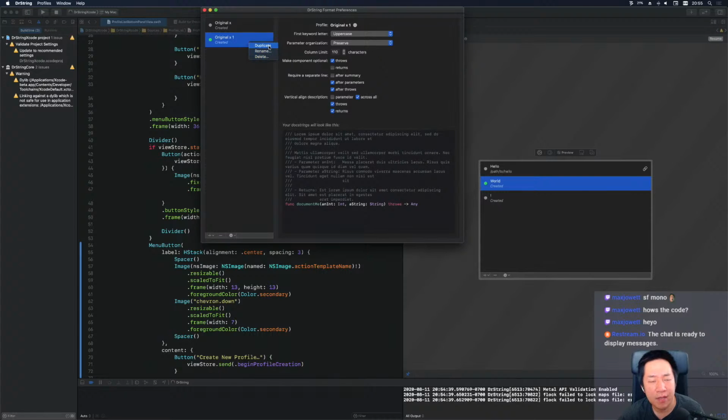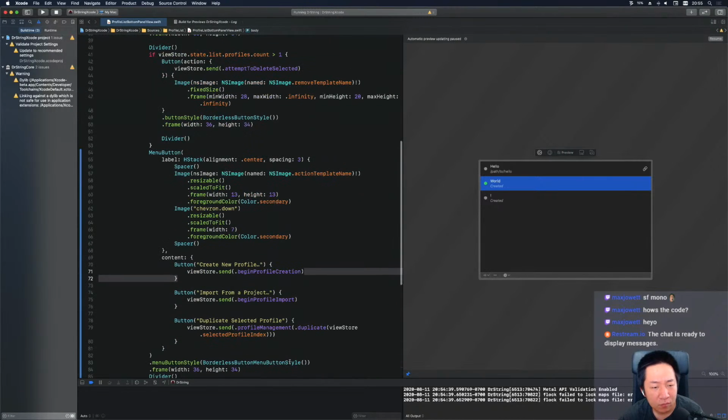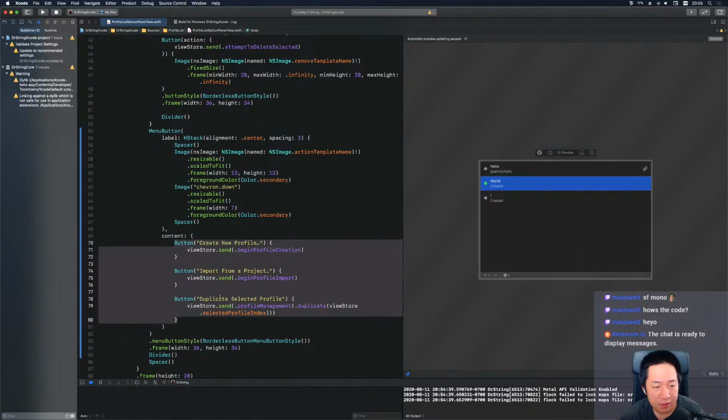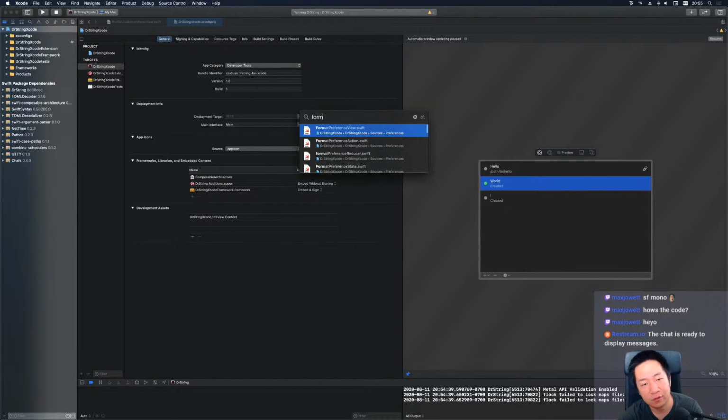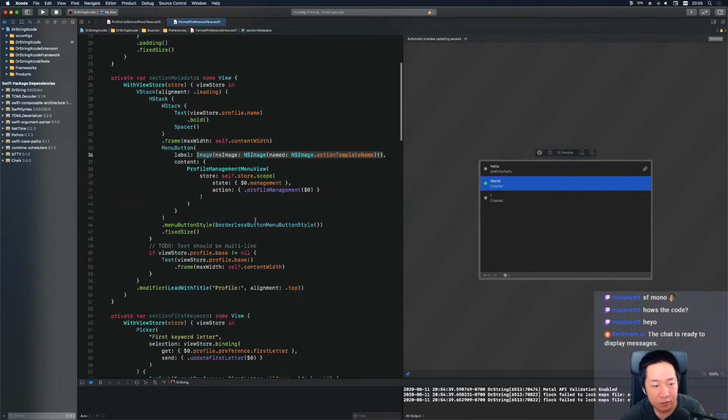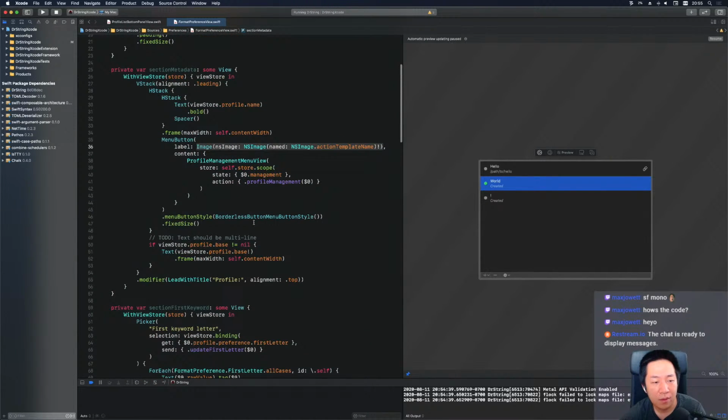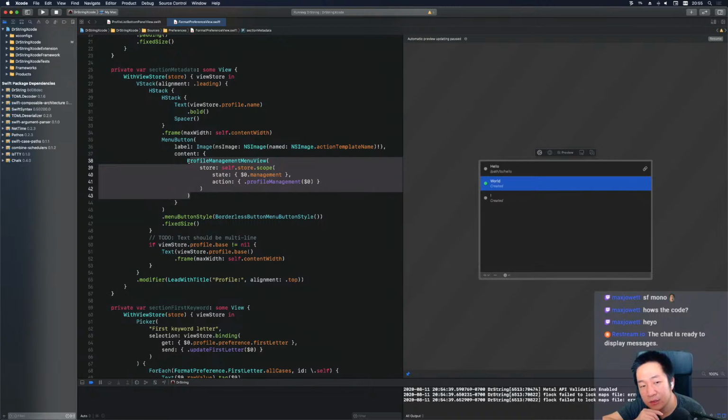Now I basically show this menu from here. So if, for some reason, you have just one mouse button, you can still trigger it. Okay. All right. So that means I need to change the content here. Format profile view. Right, it's this guy. Profile menu view,